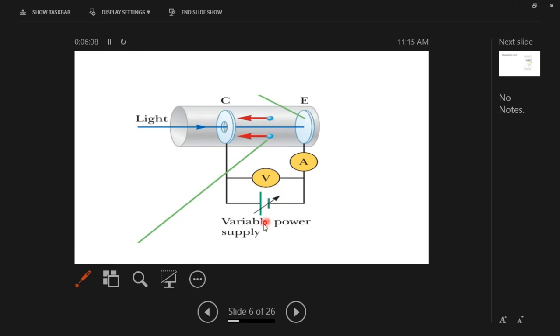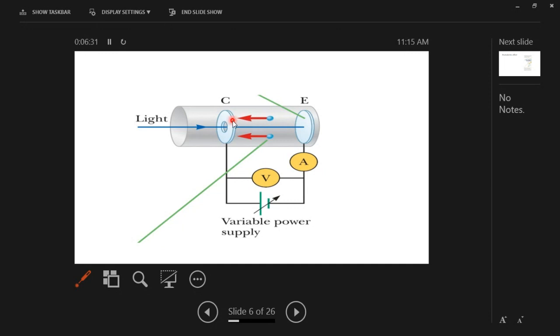Now, if you reverse the polarity of this power supply, in other words, if you make this one negative and this one positive, then the electrons are going to be repelled by this one. So after they are ejected and they are moving this way, as a result of the repulsive force, they are going to slow